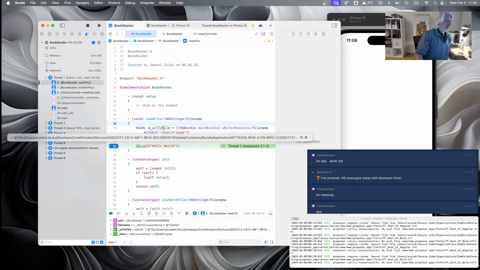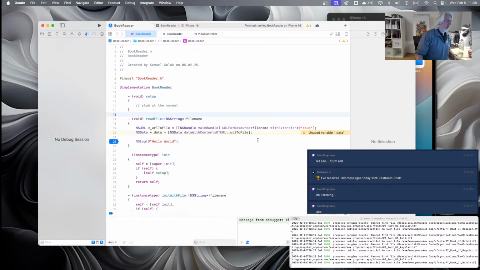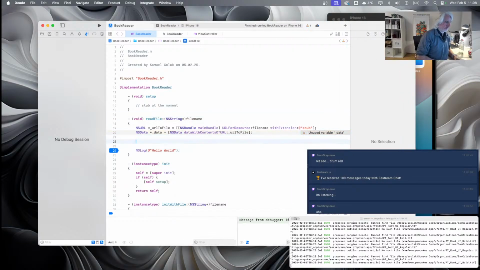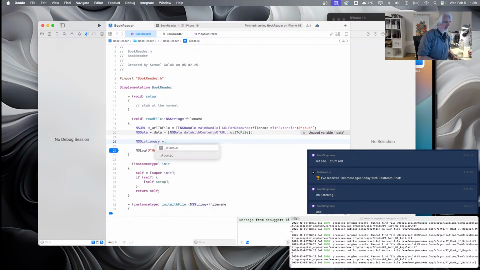So there it is. It's the file. So what we want to do, we then want to NSDictionary files available equals